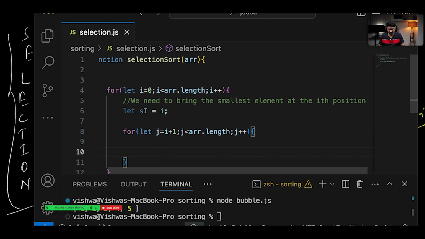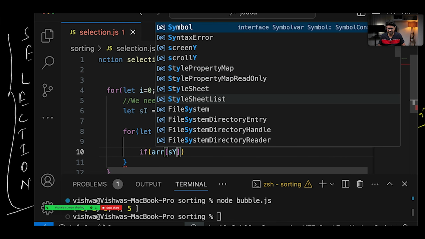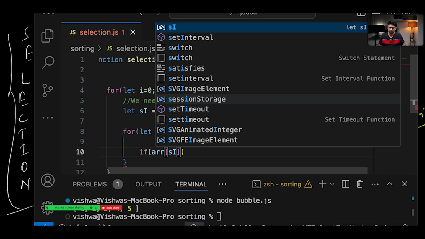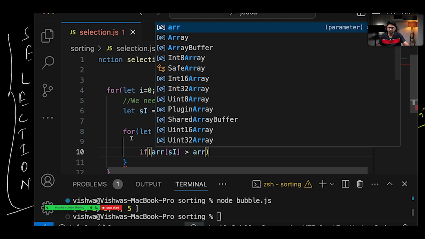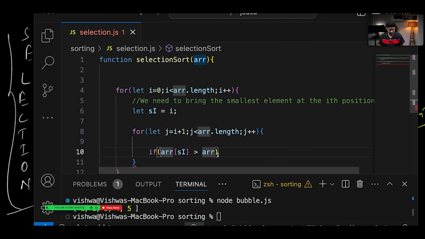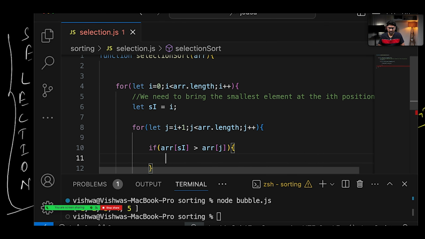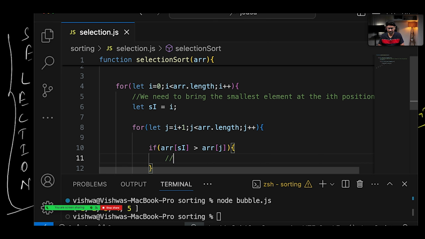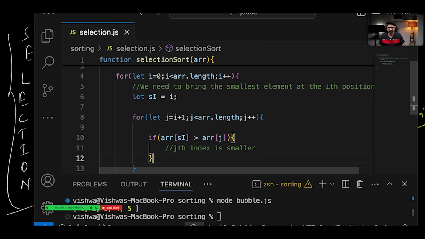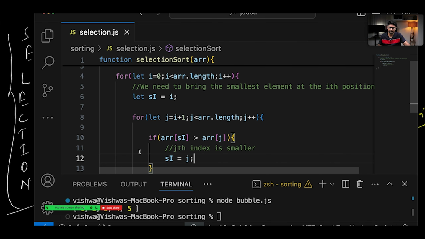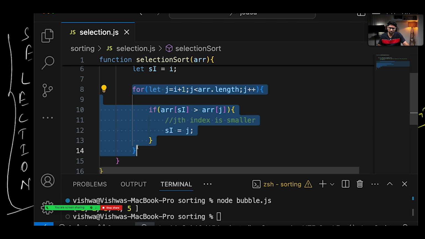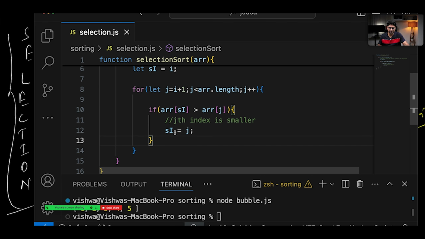Then I compare: if array of smallestIndex is more than array of jth index, it means that the jth index is smaller, right? So I say that smallestIndex is now equal to j. So when I run this entire for loop, smallestIndex will represent the index which has the smallest element,